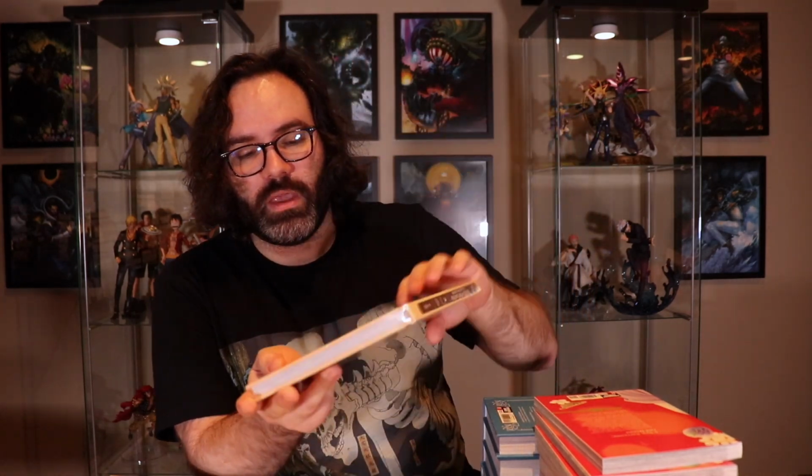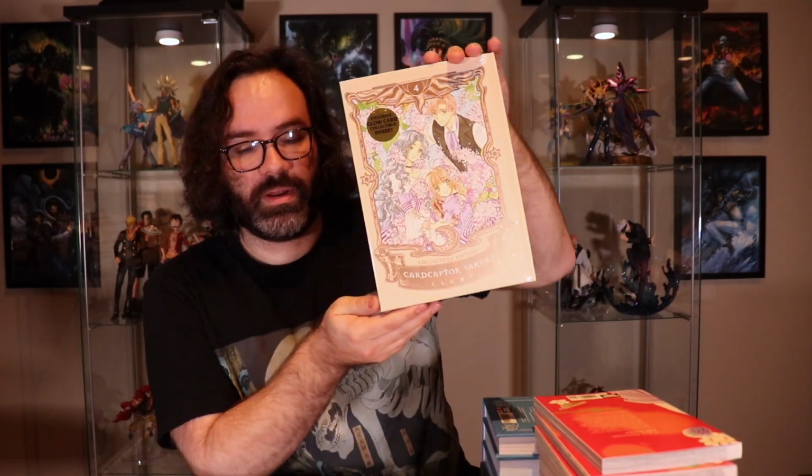There are 9 total of these hardcovers collecting the original Cardcaptor Sakura manga, and they come with these little cloud cards that connect to, if I'm not mistaken, I haven't opened these since I repurchased, but if I'm not mistaken, the cloud cards connect into a single image. So that's pretty fun. So this is the entirety in 9 volumes of the classic series,